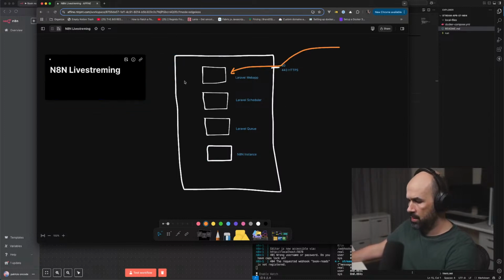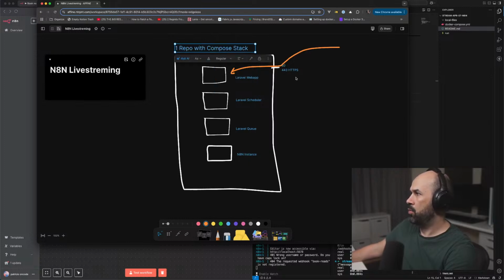So this would be like a Compose stack. One repository, one repo with all this infrastructure as code, right?